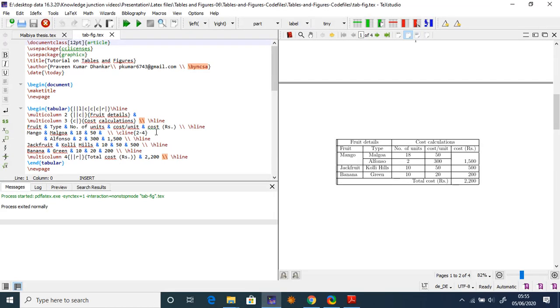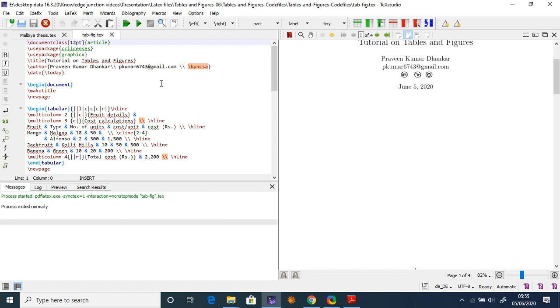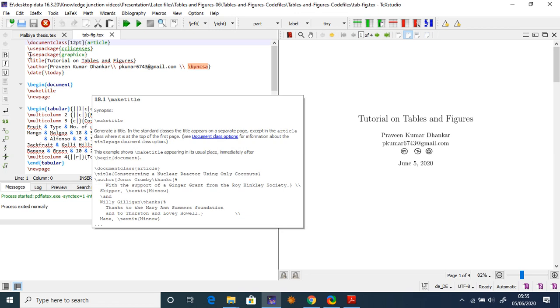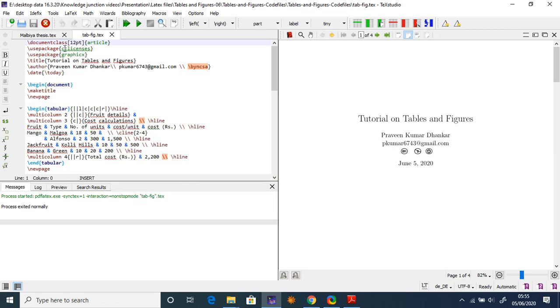So let me go to the text file, which is table slash figure dot tex. I have given the name like this, so you can start your text here itself with slash documentclass, and the font size is 12pt, article. Use slash usepackage cc license, and use again slash package graphics for pictorial form, and then